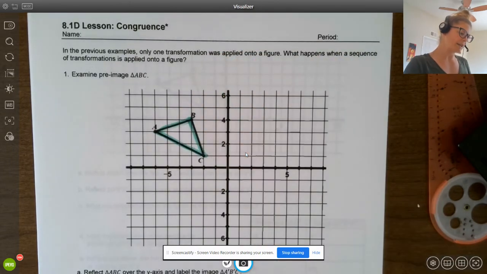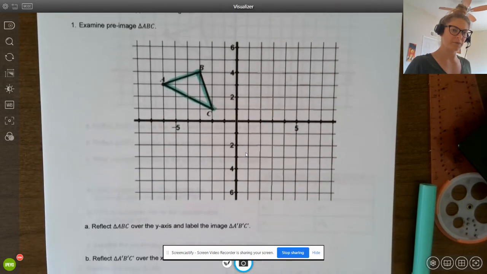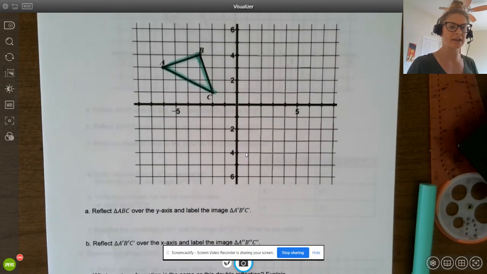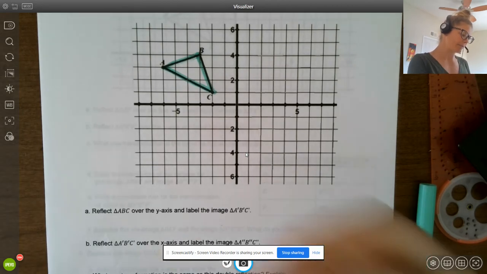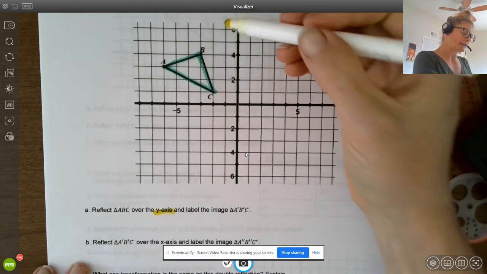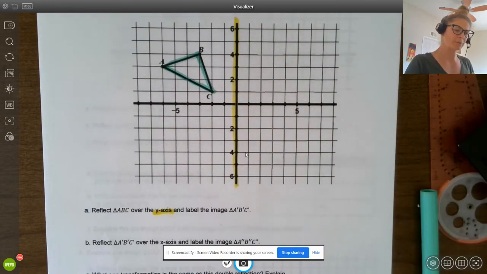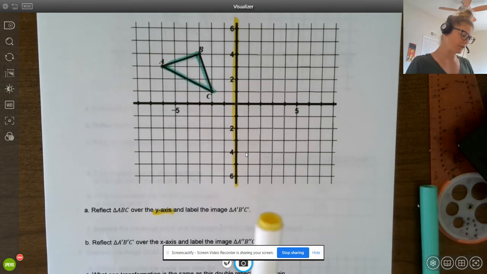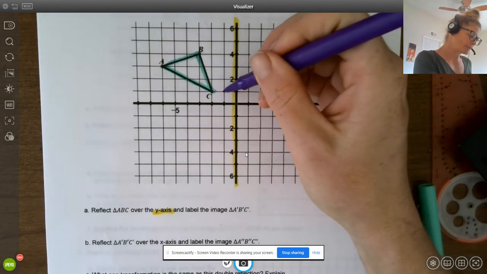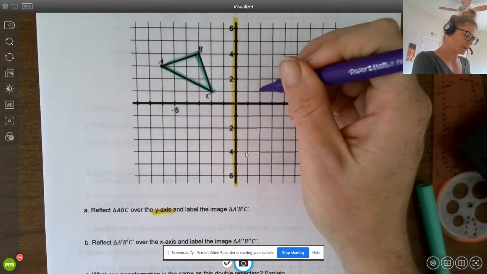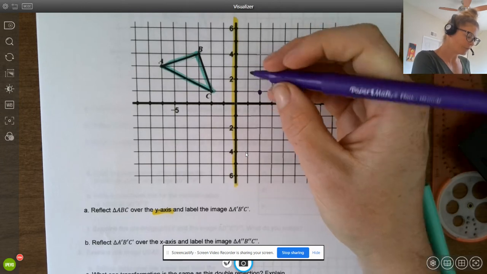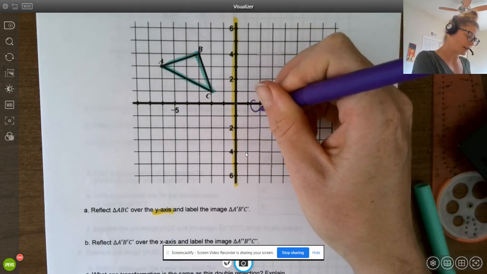So we have triangle ABC as our pre-image, and the first thing they want us to do is reflect triangle ABC over the y-axis and label the image triangle A prime, B prime, C prime. Since this is the y-axis, I'm going to highlight the y-axis. And remember, when we reflect, we're equidistant. Taking a look, C is 1, 2 away from the y-axis, so we're going to go 2 over. Can also use our